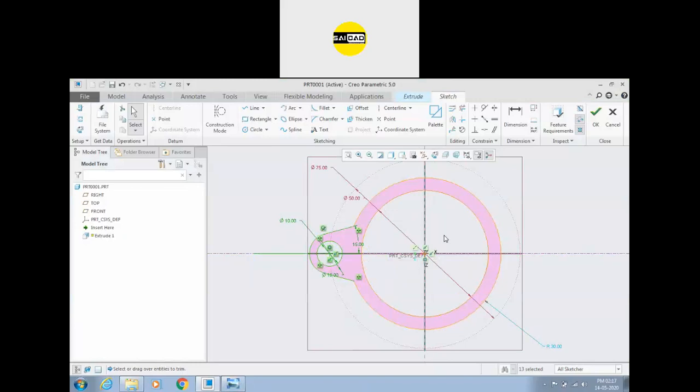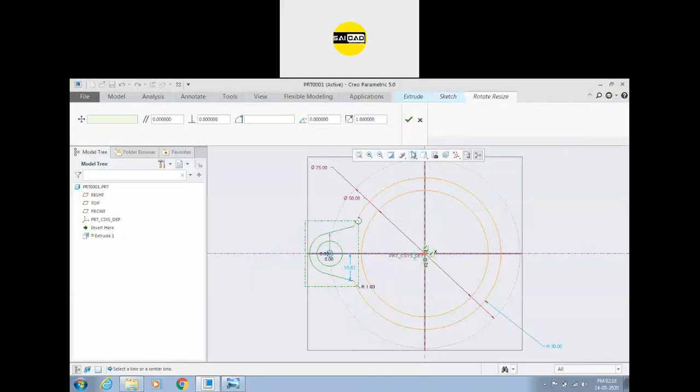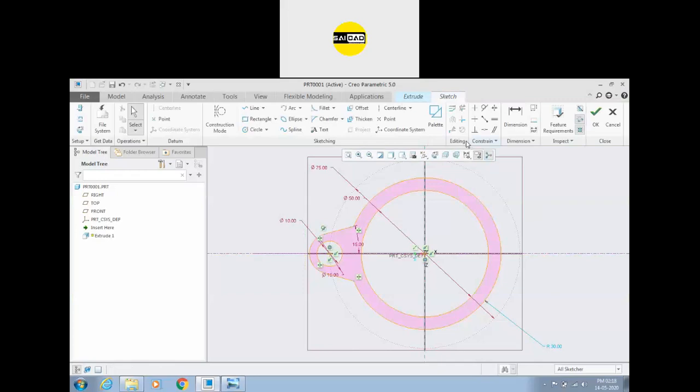How can we create them? We have to create them separately, or we can use rotate resize. But how can we copy them? So we need to create them separately, one by one.